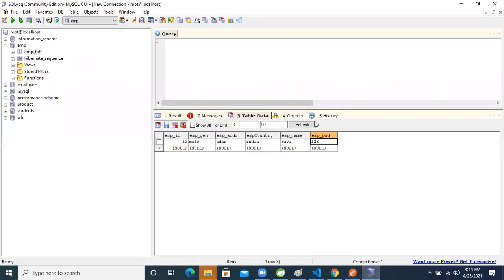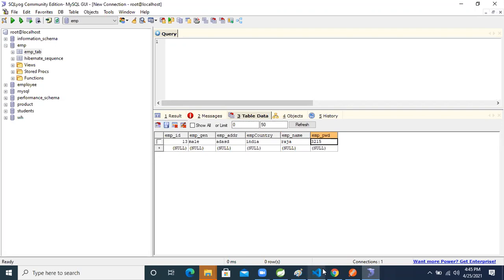One more time, I'm inserting one record here. 13, gender male, address something A to Z, country India, name Raja, and password 3 to 5.